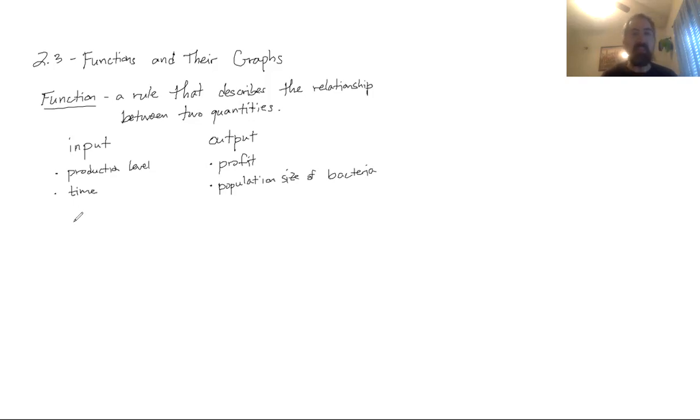But anything that we can model using these functions, where in a sense we're predicting. If we know an input, then we can predict what that corresponding output will be. If we know the production level, then we can estimate how much profit that will have. If we know how much time passes by, then we can estimate the population size. These inputs,